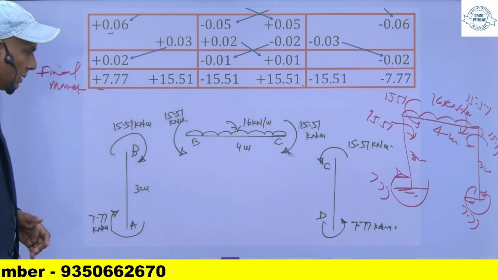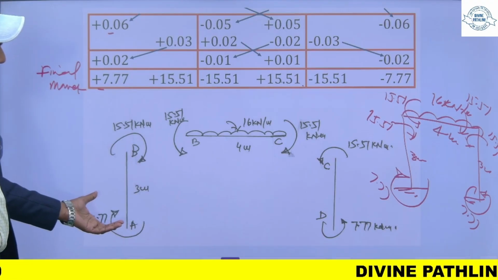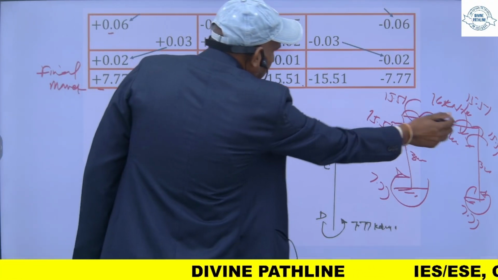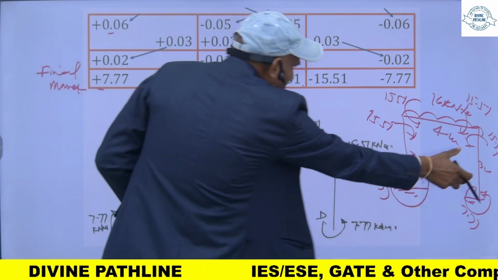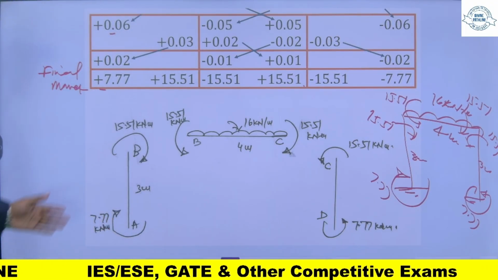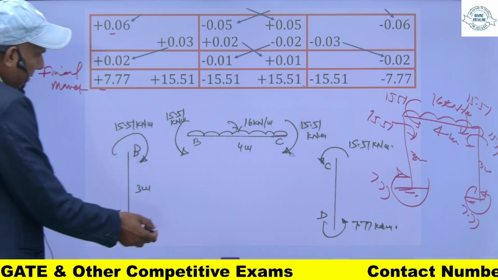तो अब अगर मैं इस मेंबर को यहाँ से उठा के सेपरेट यहाँ करूँगा तो it will be like this. इसको मैं उठा के यहाँ लेके आऊँगा तो it will be like this, and इस मेंबर को सेपरेट करके मैं यहाँ लेके आऊँगा, it will be like this. अगर मुझे इसका बेंडिंग मोमेंट डायग्राम ड्रॉ करना है तो ये इस तरह से हो जाएगा।